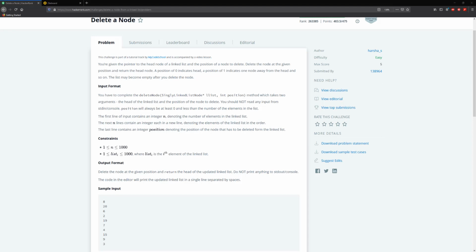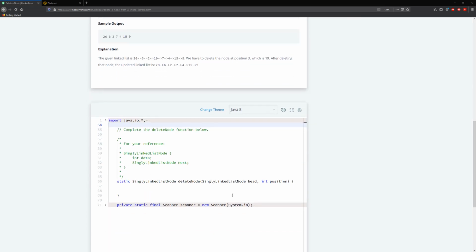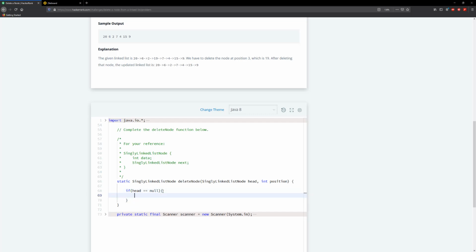In this tutorial, we're going to be deleting a node from a linked list. So we're given the linked list head, and then we're given the position of the node that we need to delete. So the first thing we need to do is check to see if the head is null. So if the head is equal to null, then we need to return the head, because that means that there is no chain,